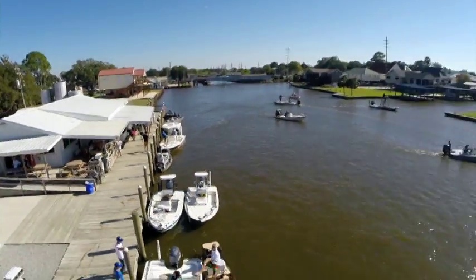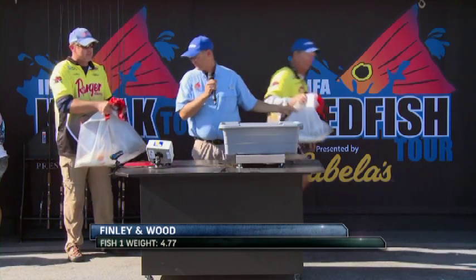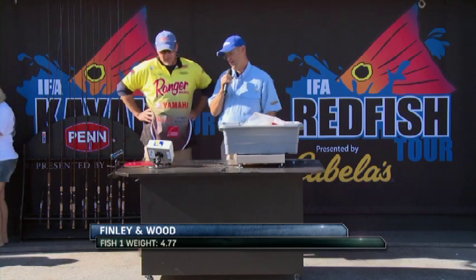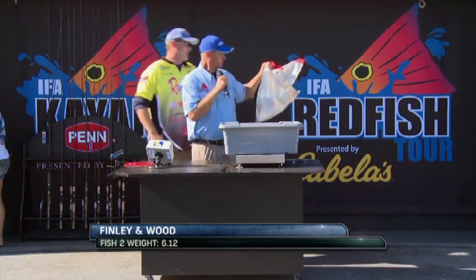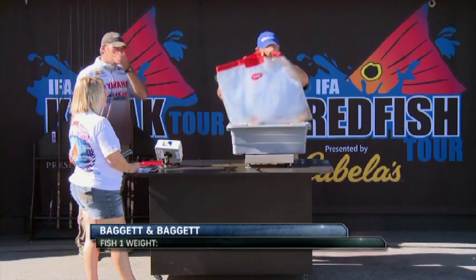Glenn Finley, Dodd Wood, 477 first fish. Oh, Dodd. 612 second fish. Looking at the top of the leaderboard, Kelly and Aaron Baguette found what they were looking for,